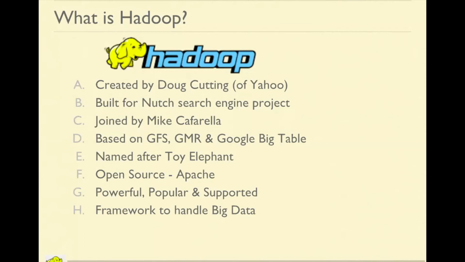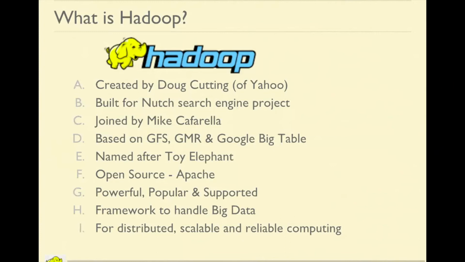Hadoop is a framework to handle big data. So Hadoop started with these three components, but slowly it became an umbrella in itself. It became a suite of components, and more components were added under this umbrella. So eventually Hadoop became a framework to handle big data, and all of the components under this umbrella are distributed,